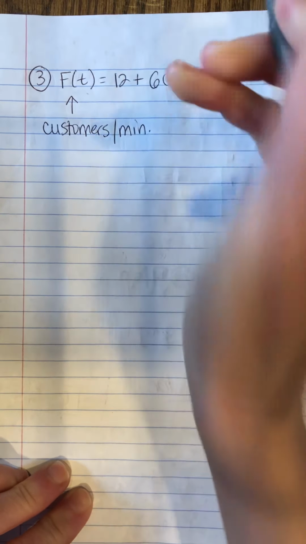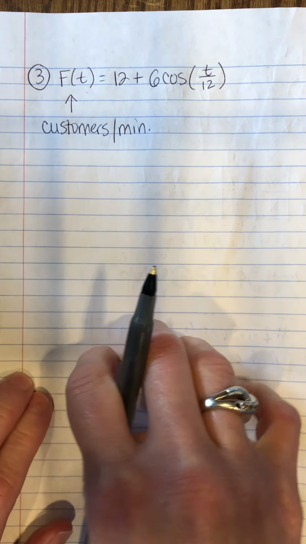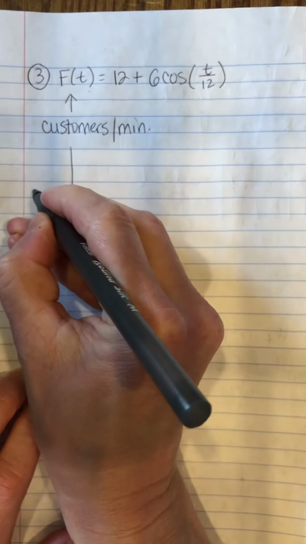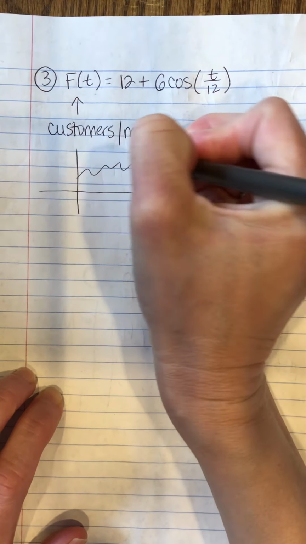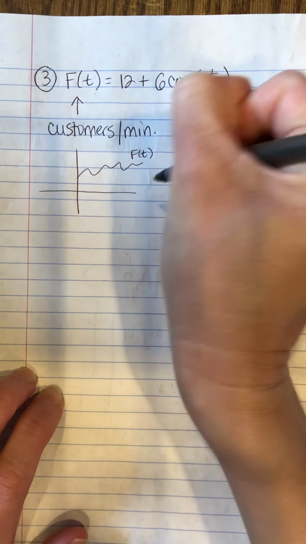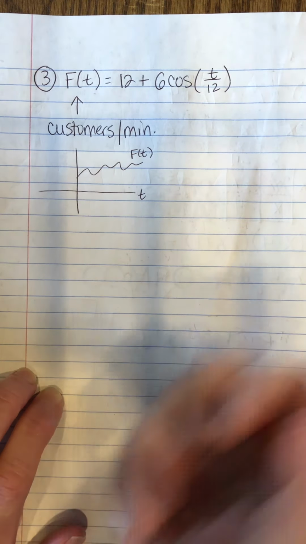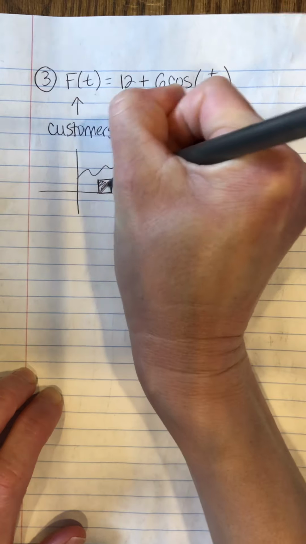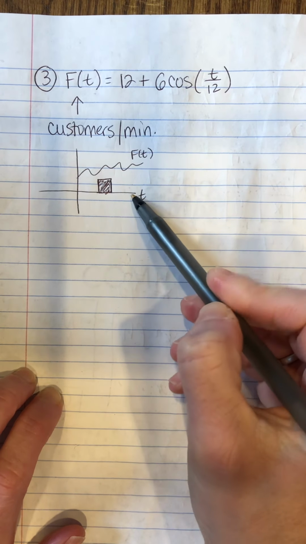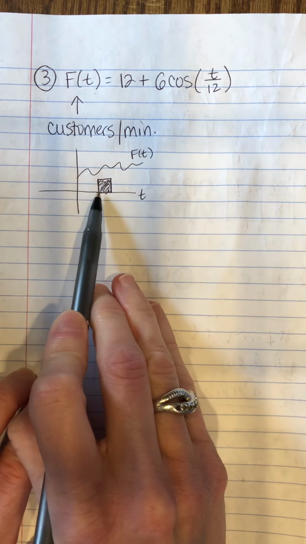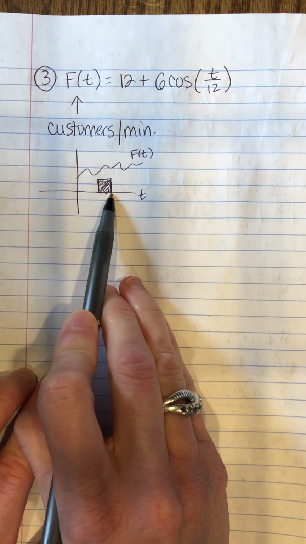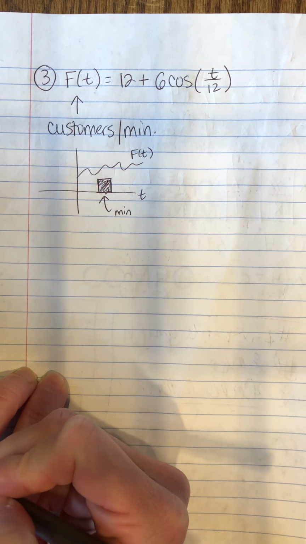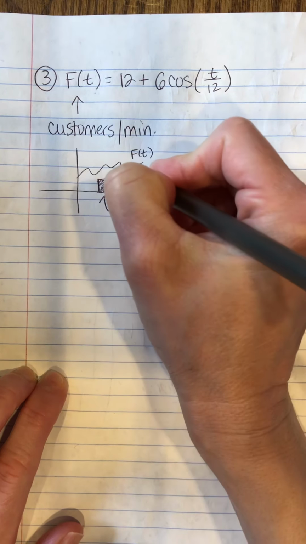per minute. Now remember, this harkens back to the jet tour of calc stuff that we talked about the very beginning of the school year. So this sketch looks nothing like the graph of f of t, but let's imagine it is. And if I were to think about the units of a rectangular space between f of t and the t-axis, the units for the base of this rectangle would be minutes, and the units for the height of the rectangle would be customers